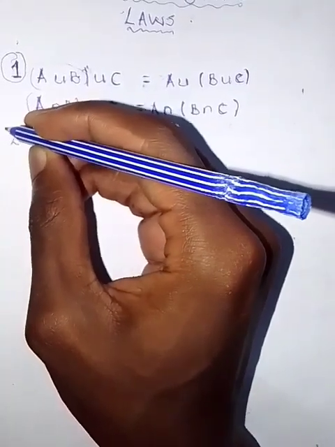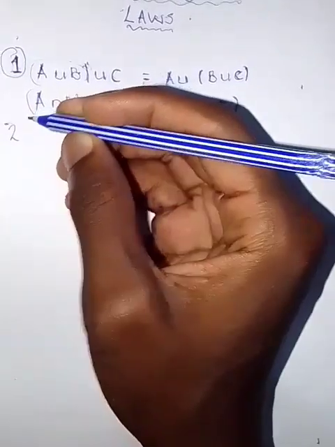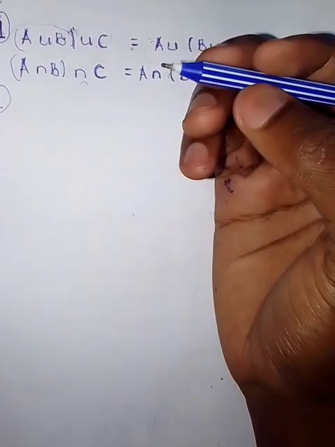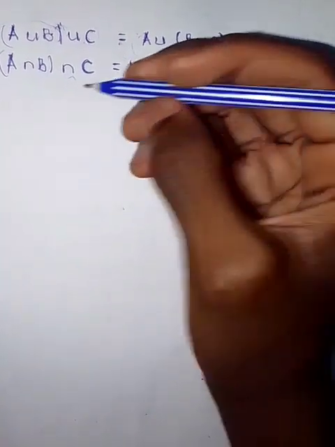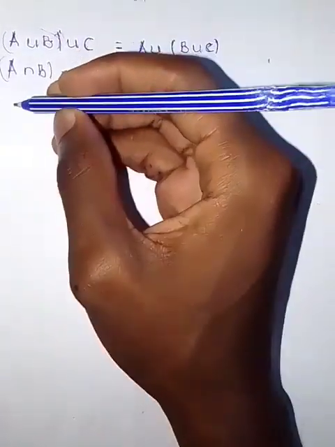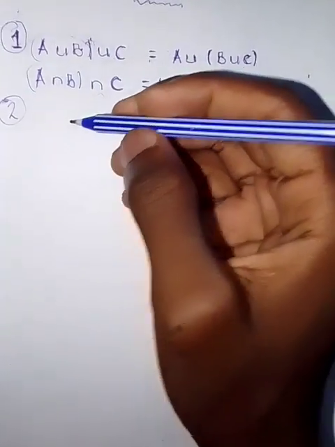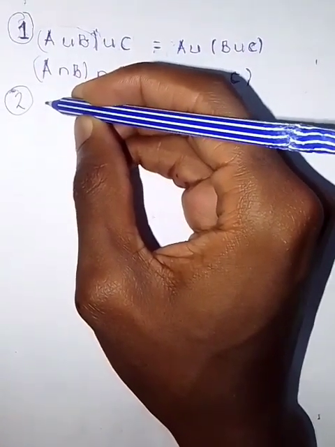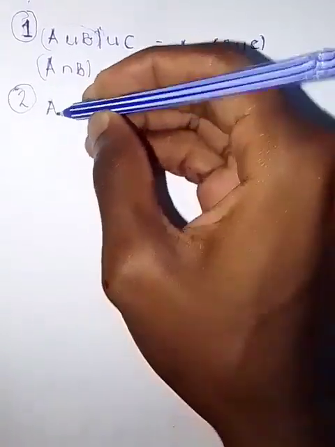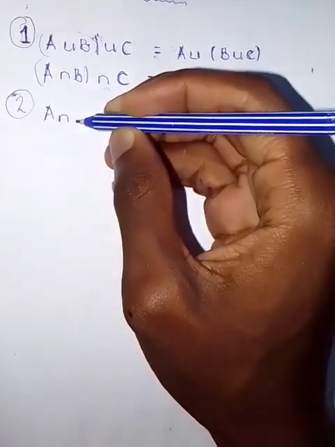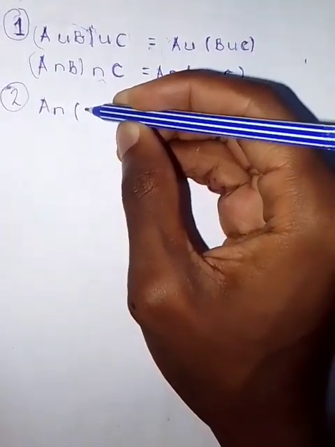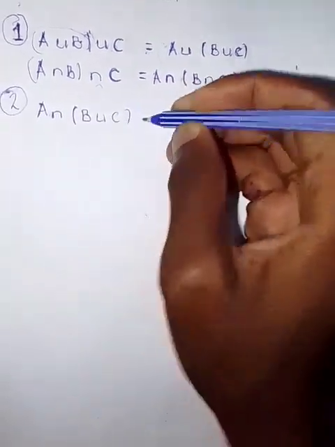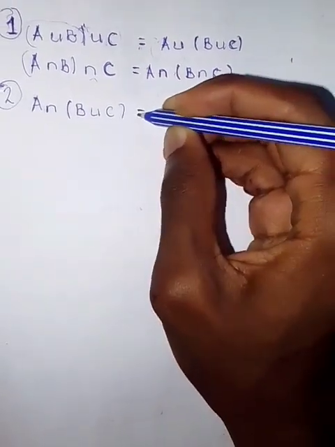And the second one, the distributive law. The distributive law, this one we'll be using often. This one is very important. Make sure that you understand it. So the first distributive law states that in a case where we have, let's say, a set A being intersected with a union of B and C, is equal to